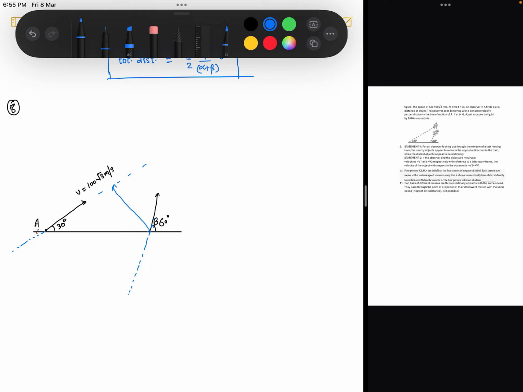The distance is also given, d is equal to 500 meter, between these two